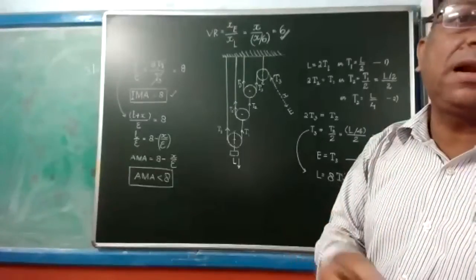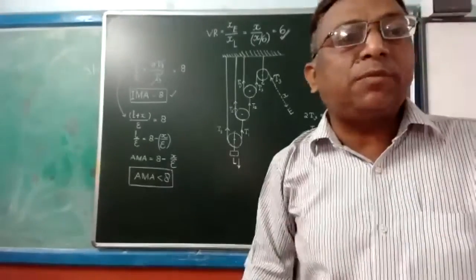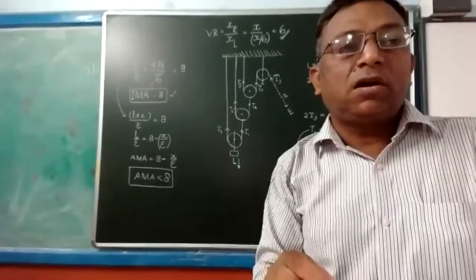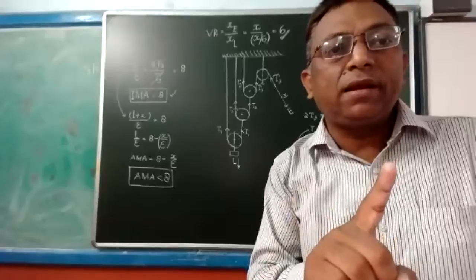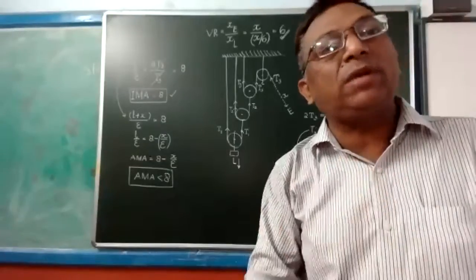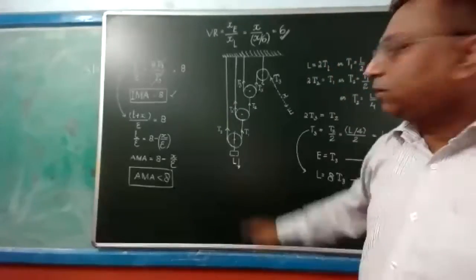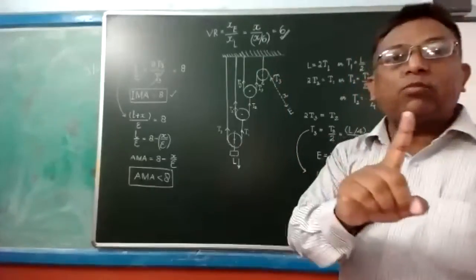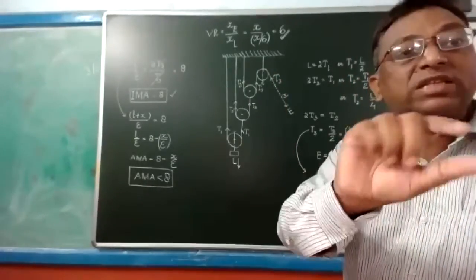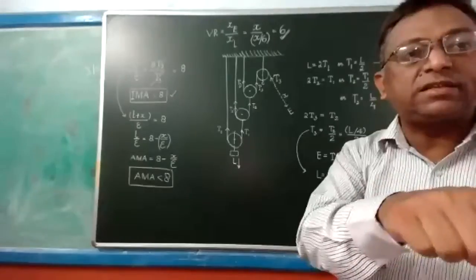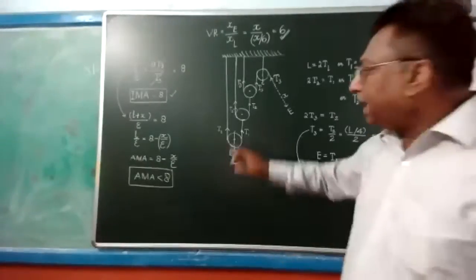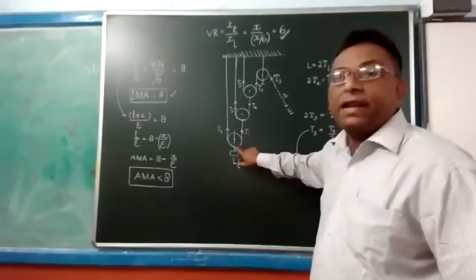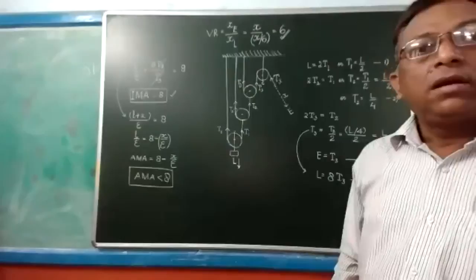It is a simple concept. Please, Sachin, go through the mathematics. In a single mobile pulley containing one fixed pulley and one mobile pulley, the load is displaced by x by 2 distance. Here also there is one fixed pulley. Got the point, Sachin? And how many mobile pulleys are here? 1, 2, 3.